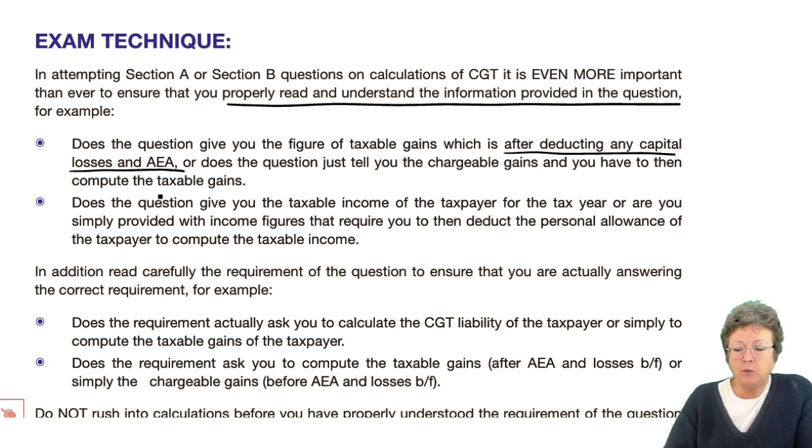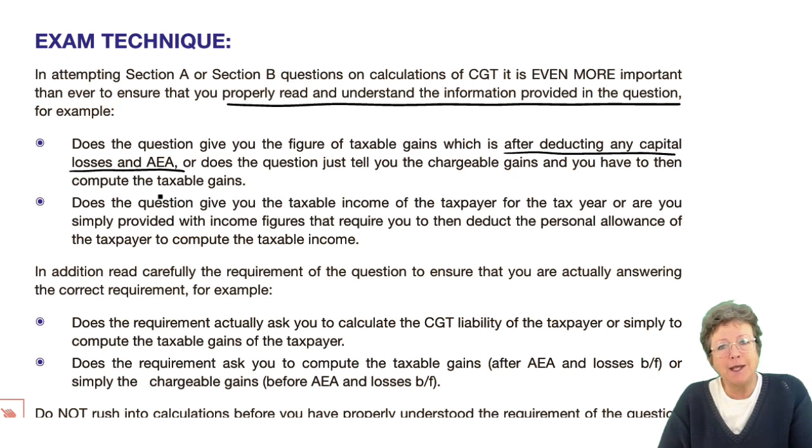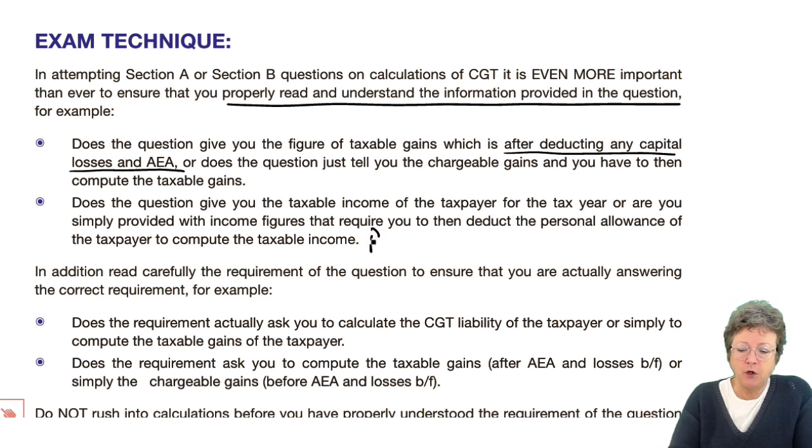Or does it tell you what the gains are and you've got to work it out? Read the question carefully. Does the question give you the taxable income of the taxpayer for the year, or you're simply provided with income figures that require you then to deduct the personal allowance in order to work out the taxable income? Again, read the question